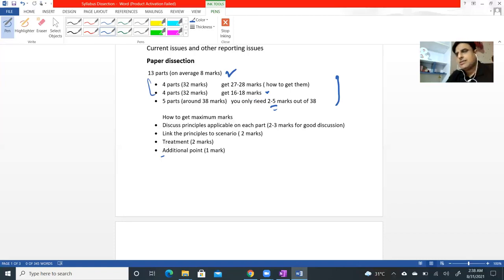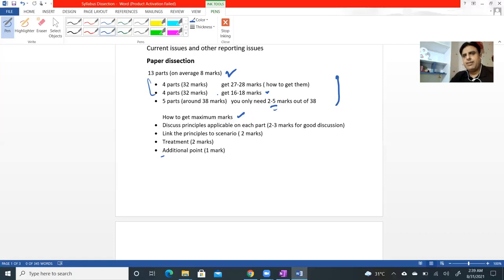Now, you will ask the question, sir, how is it possible that we can get maximum marks from any part? Listen to this point very carefully. As you know, this is the paper of strategic business reporting, relating to accounting issues and their application. Here, unfortunately, calculation will be of very minimal marks. You can have a maximum of 10 to 15 marks of calculation. The rest, your paper will be